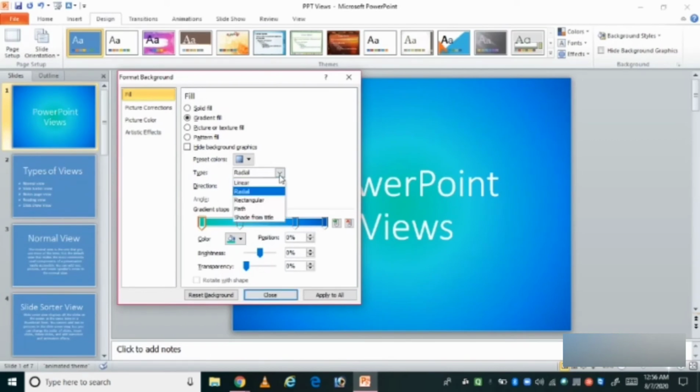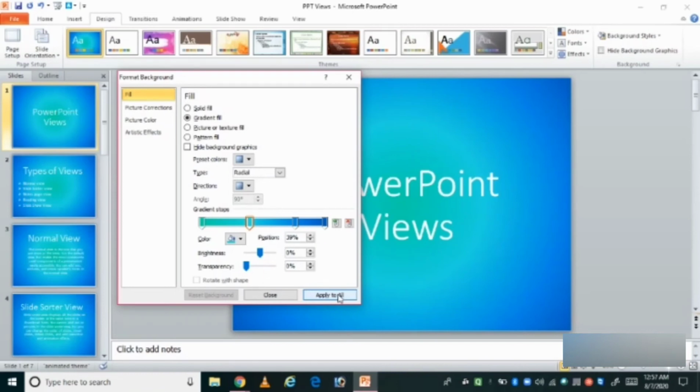If it is rectangular, it is in a rectangular shape. If we select radial, you can see it is in a circular form, right? And you can change this one also. If I move this, you can see the change in the selected slide, that is slide 1. So Apply to All. That is gradient fill.